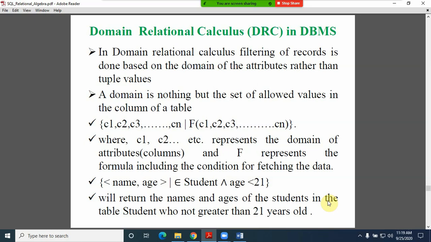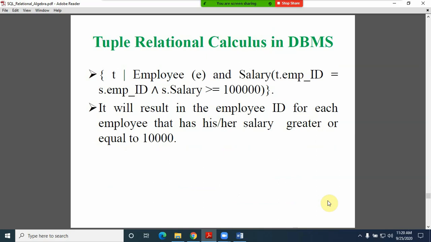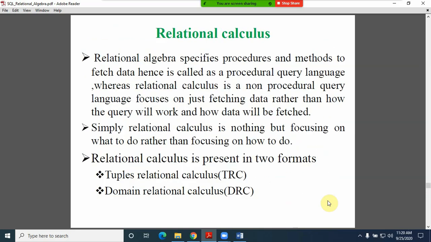So in the next coming session, friends, we are going to talk about domain relational calculus and tuple relational calculus, and the way we are going to fetch the information, so that we can complete the second module. So any doubts in this, friends, please let me know so that we can